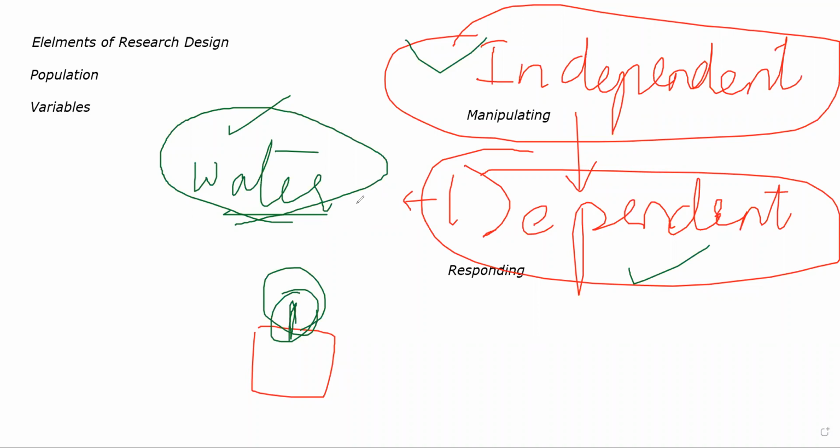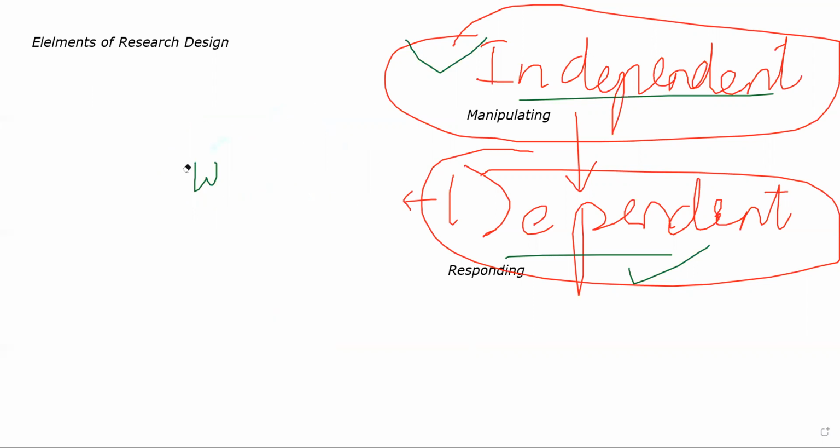समझ में आया? What are two types of variables? You'll also have constant variables, but for now you don't need to worry about them. For now, just focus on what is independent and dependent variables. What are independent and dependent? Okay. If you did not understand anything, if you want me to repeat anything, please feel free to ask. If you want me to give another example.